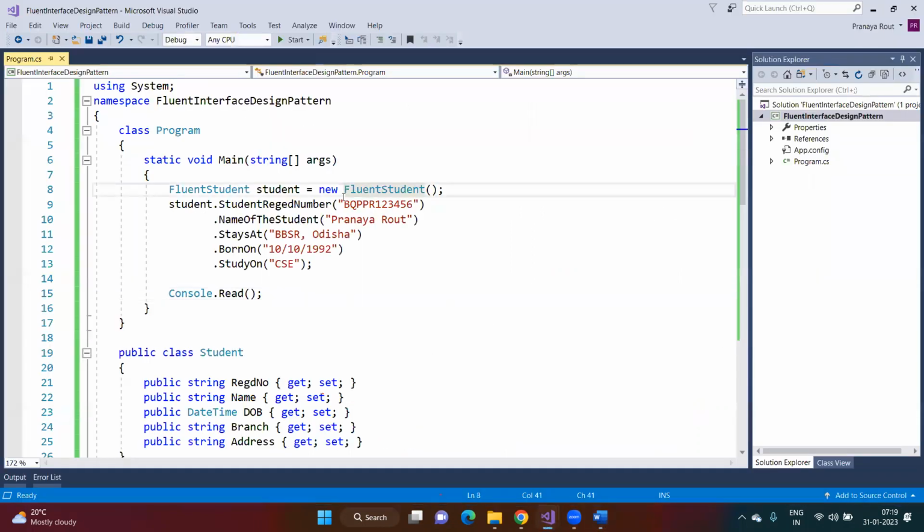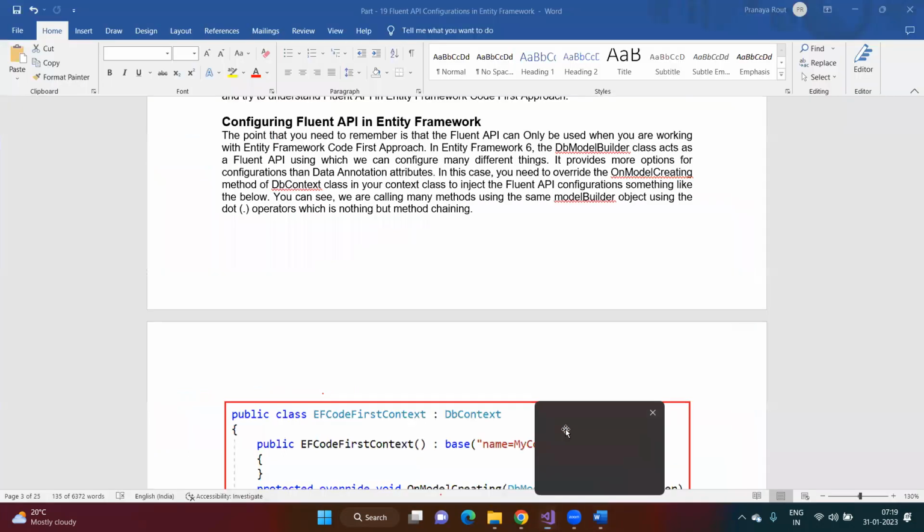So if you see this example, this is the Fluent student class. This Fluent student class will act as a Fluent API. As this acts as a Fluent API, using the instance, I can call the methods by using the dot operator one after another. In the same way,